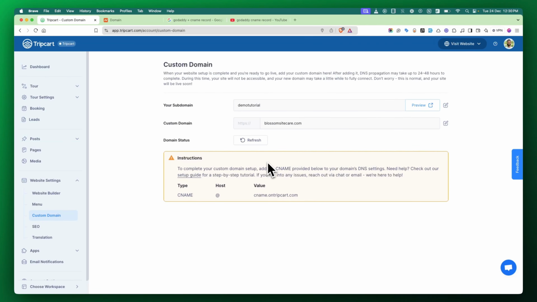In this video, I'll guide you through the process of setting up a CNAME record to connect your custom domain with your Tripcart site. Don't worry, it is simpler than it sounds, and we'll break it down into easy to follow steps. By the end of this tutorial, your website will be ready to go live on your custom domain like